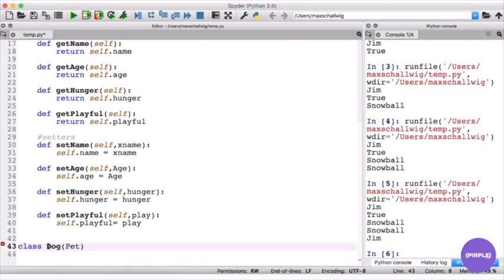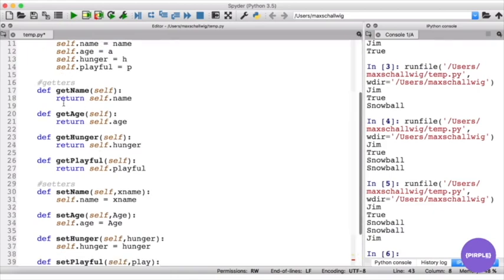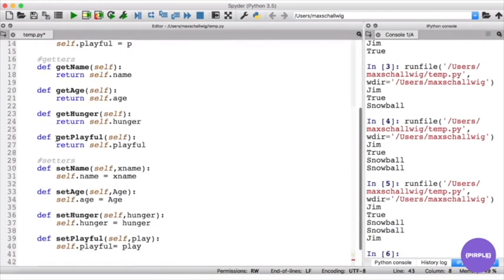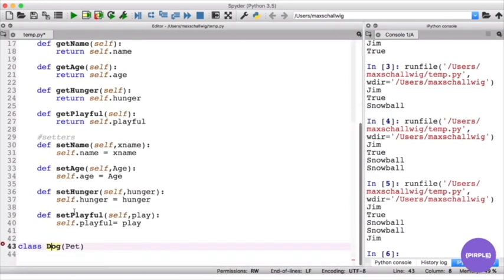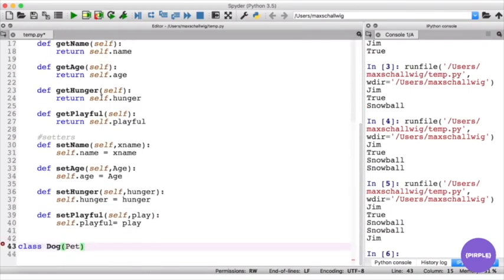So what we're doing here is we're creating a class called dog, and this dog is going to get some properties from pet. So it's going to get the name, the age, the hunger, and the playful values, and it's also going to get all these functions or these methods associated with it. So the dog is going to get all of this, and this prevents us from having to rewrite everything. We don't have to write all this again. We're just saying the dog is going to get all of these because the dog is also a pet, and the dog has all of these properties. Okay, so